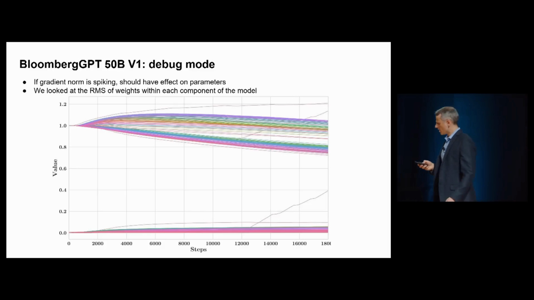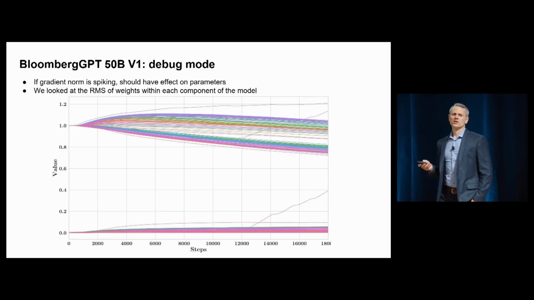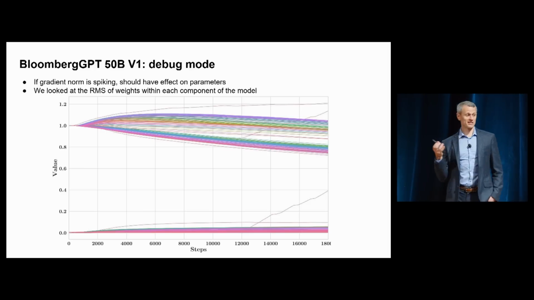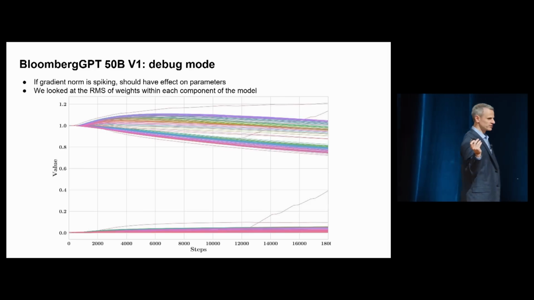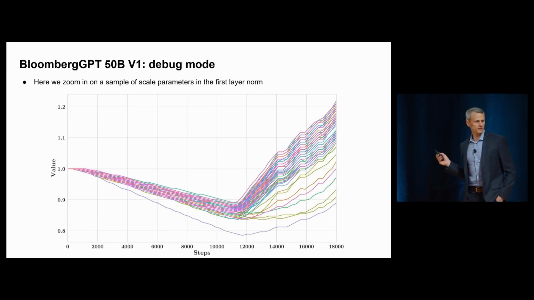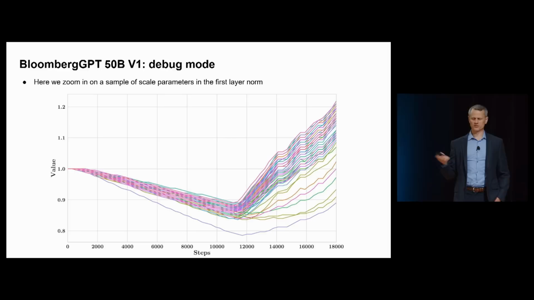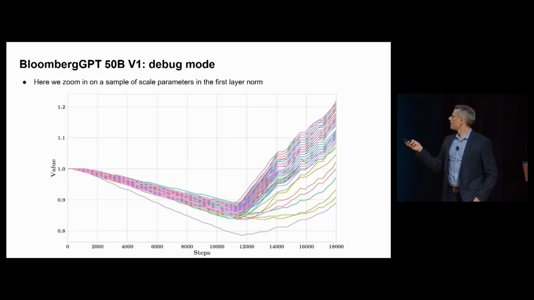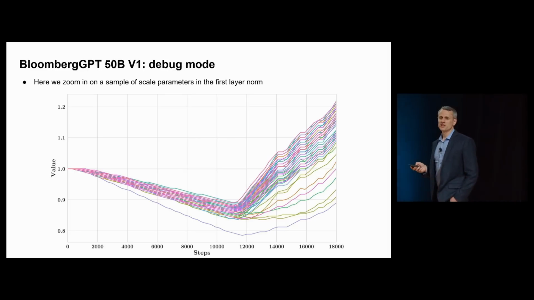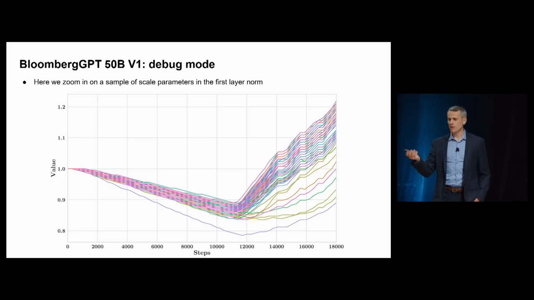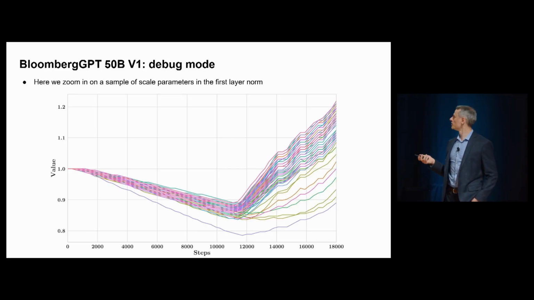How odd. Both of those parameters come from the same component. It's the first layer of the transformer, and it's the layer norm. So we looked at the parameters of one of those layer norm components, the ones that start at 1, and we see this odd behavior. Here's a sample of 60 of those 1,000-odd parameters. They go down, and then they make a left turn and go straight up. To this day, I don't have a definite explanation for what's happening here. I have a hypothesis we might be able to talk about afterwards in the Q&A.